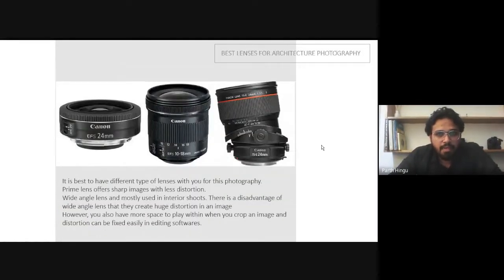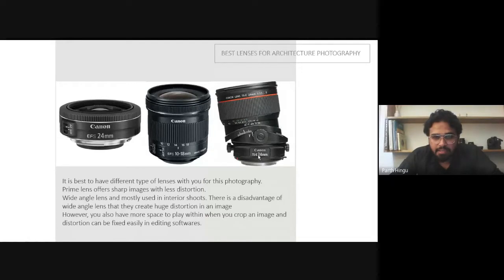And especially to capture architectural photography, you need to use a 10-18 lens. The normal kit lens you are getting with the Canon is an 18-55 focal length lens. It's a mathematical thing, it's okay, but you just need to get a wide angle lens.